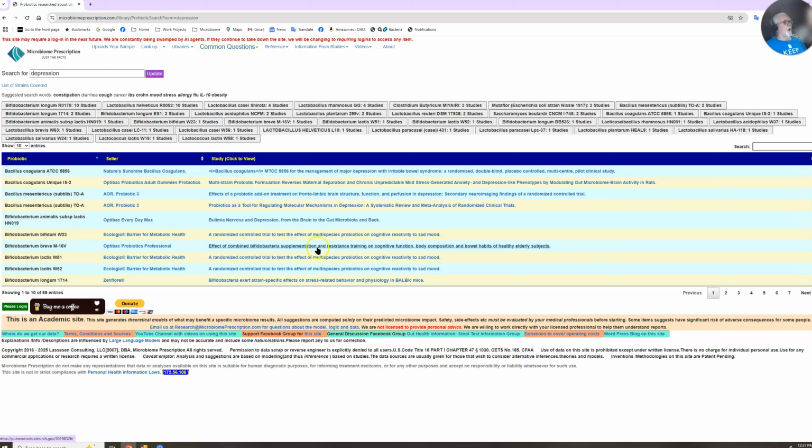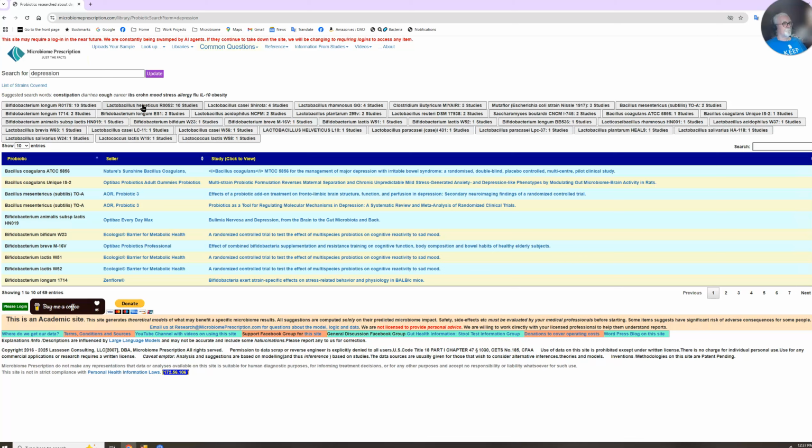Simple as that. The second thing is, okay, what's the next most common? The next most common is Lactobacillus helveticus. And we don't see it any place else, which is not surprising because helveticus is a reasonably rare probiotic, so it doesn't get that many studies. But for depression, it does get a stack of studies. So now what happens? Well, okay, I have two candidates.